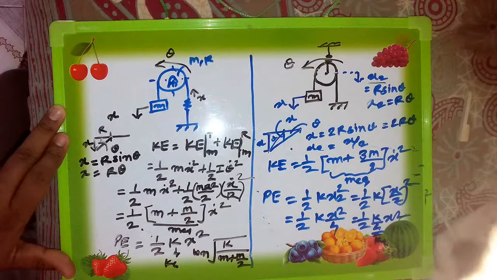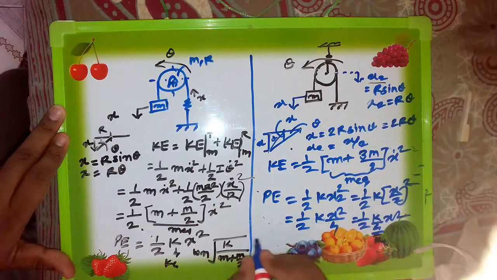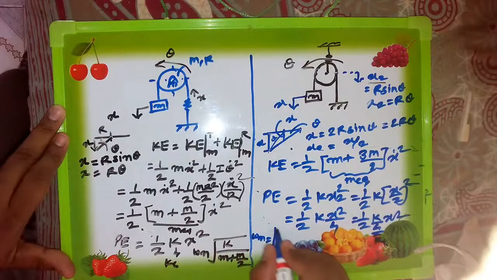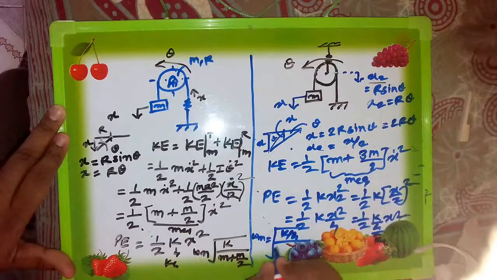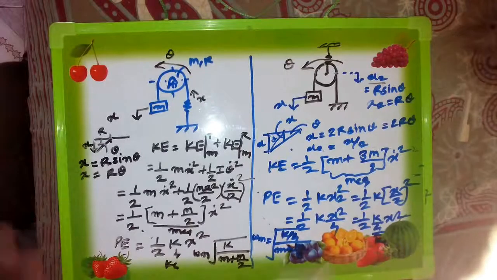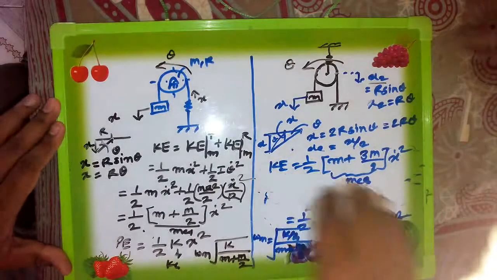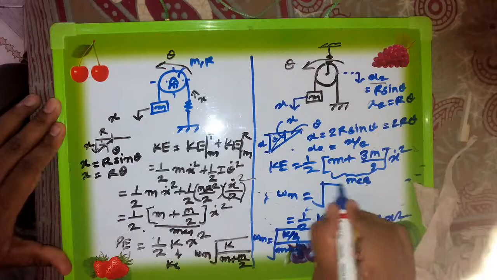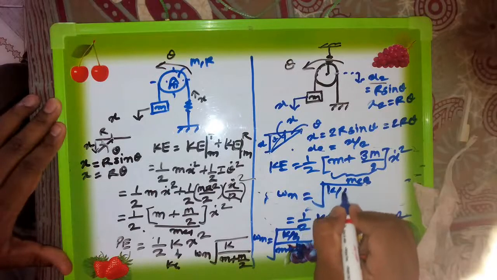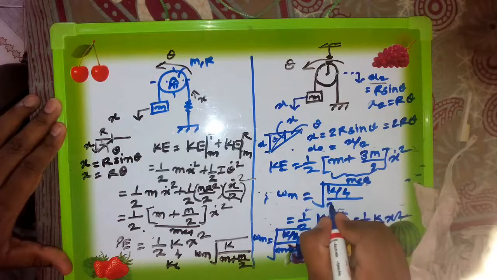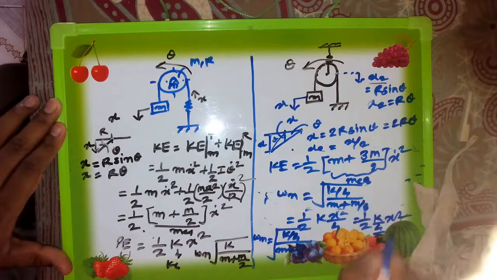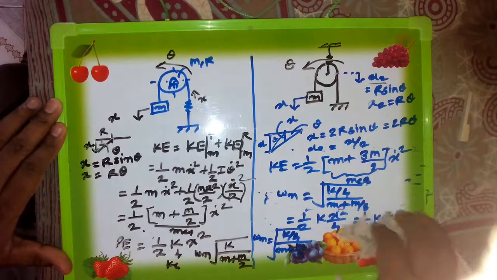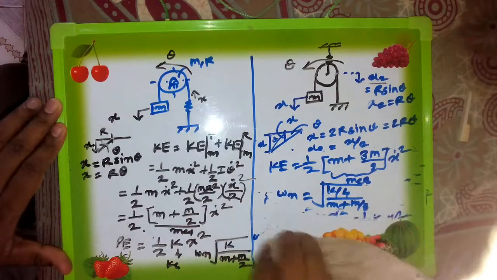So after putting this, we can get the equation for omega n is equal to k equivalent upon m equivalent. So it will be k upon 4 divided by this equation as m plus capital M divided by 8. Just I will write down somewhere here in order to get a clear idea. So omega n is equal to square root of k by 4 and whole divided by m plus capital M divided by 8. So this is nothing but a complete solution of the look-alike problems.